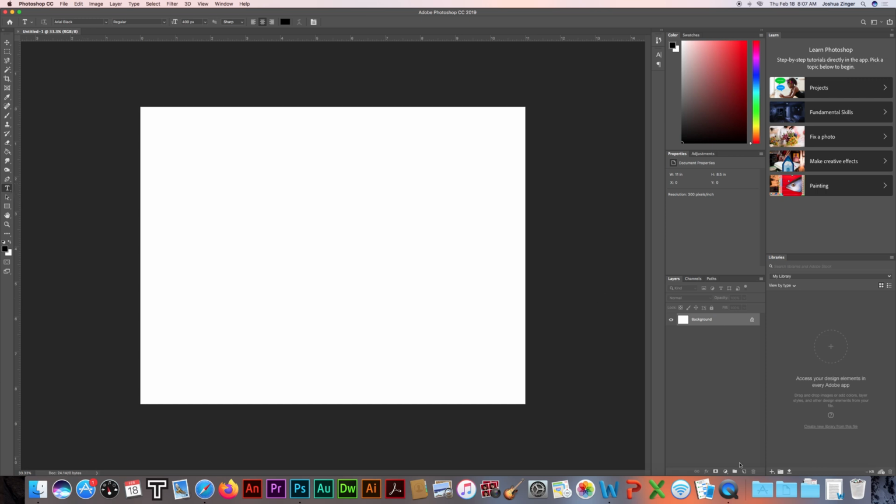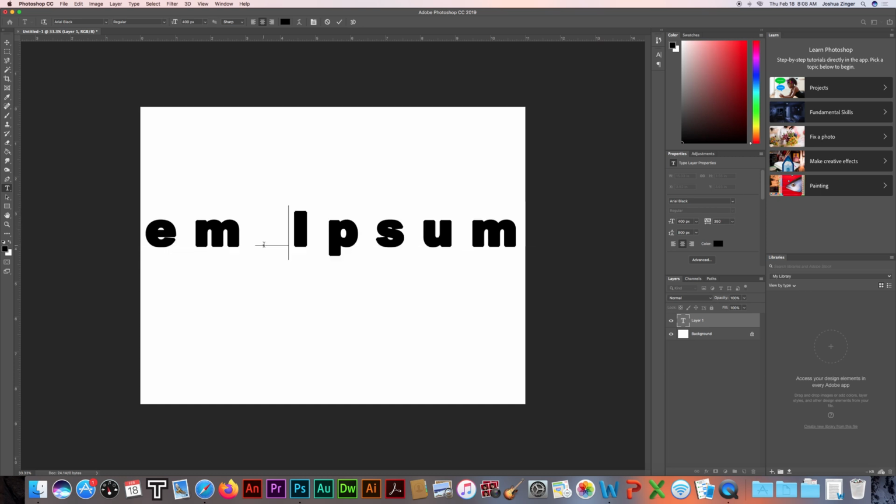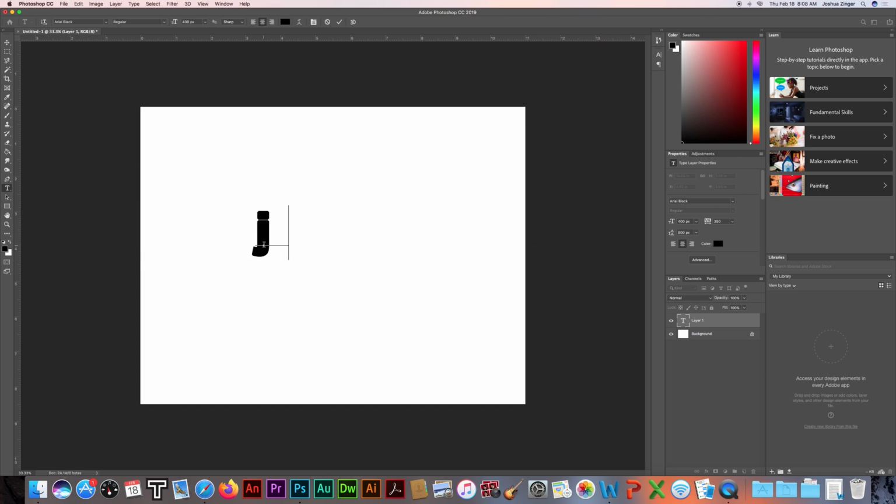I'm going to create a new layer so I don't have to use the background layer, and I'm just going to type my initials in here. I don't really care for the new way the text tool shows up with all this random text automatically, but I'm going to go ahead and type my first initial and I'll leave that the way it is, and then I'll switch over. I'm going to make a new layer